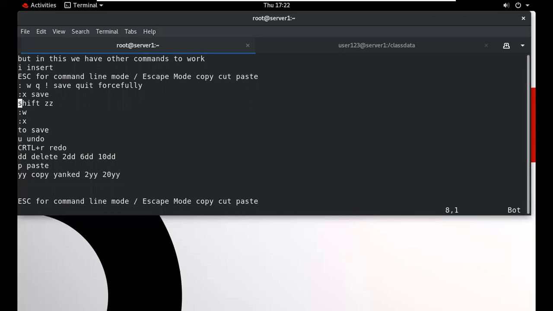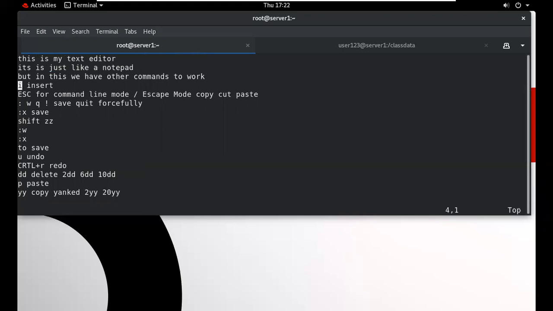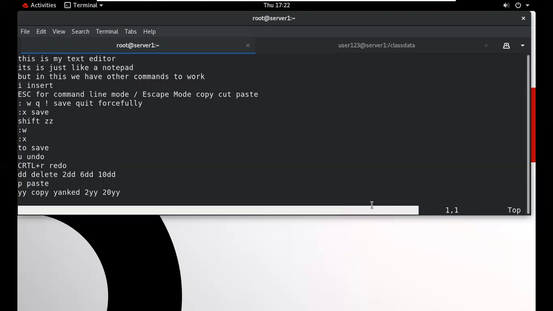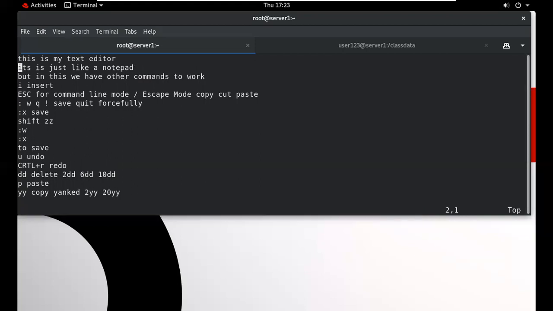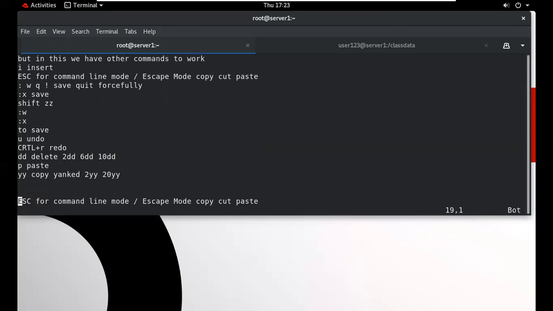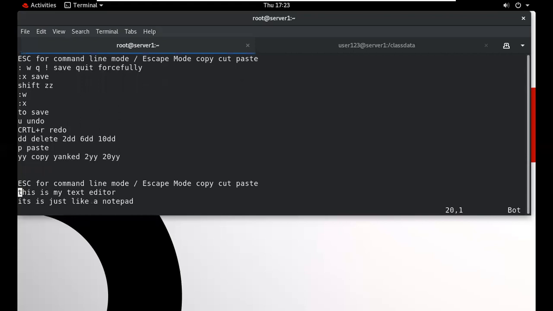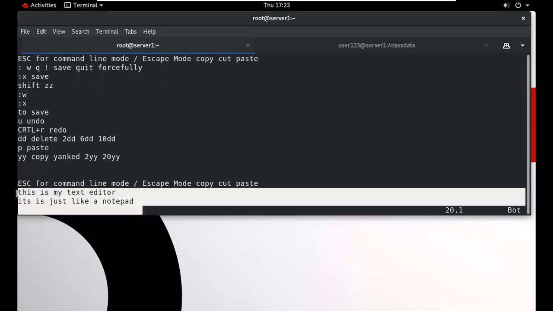Suppose we want to copy 2 lines at the same time, the starting 2 lines. Then type 2, and it displays 2. When we type 2y, then again y, it will be copied, though there is nothing on the screen. Then type p, only p, and these 2 lines will be pasted.